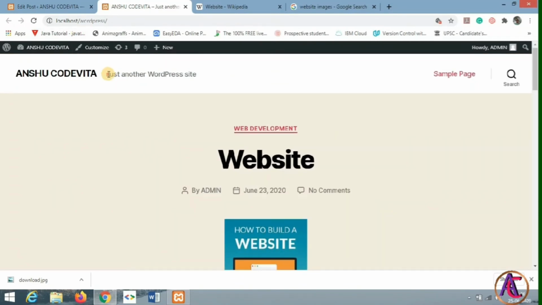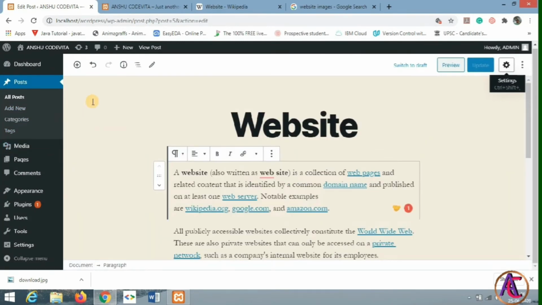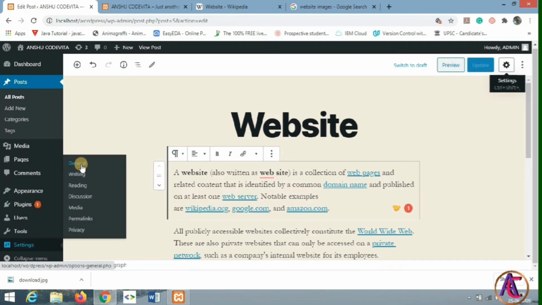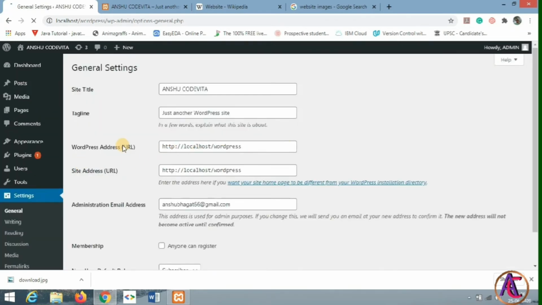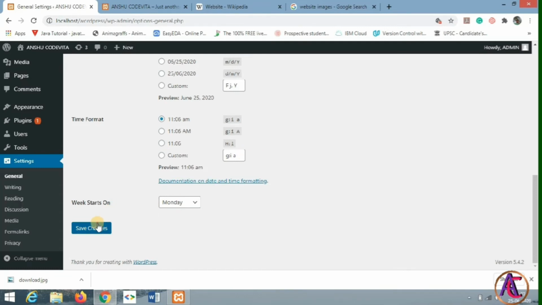And so to change the tagline of my website, I will edit this. So I will go in the settings, in that I will go in the general section, and I see here a tagline. So I just rename or edit it with "learning free coding". And after typing this, I can save it, click on save changes,